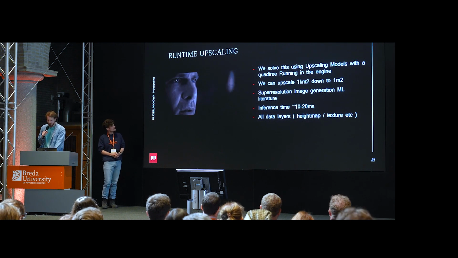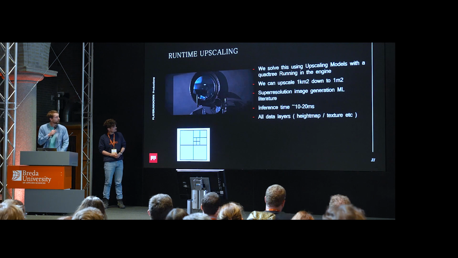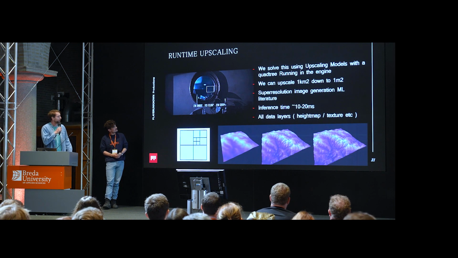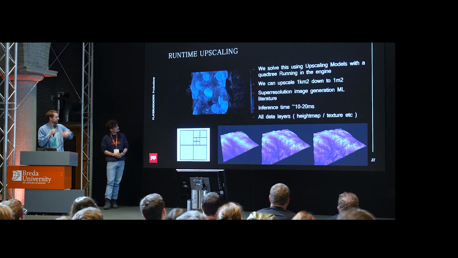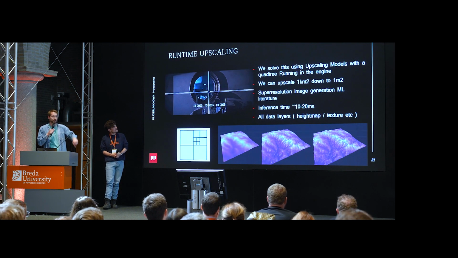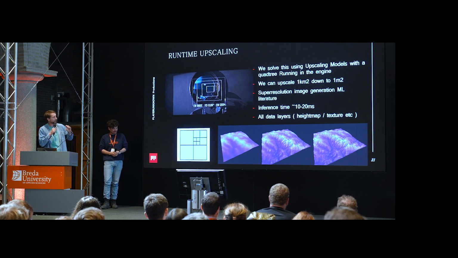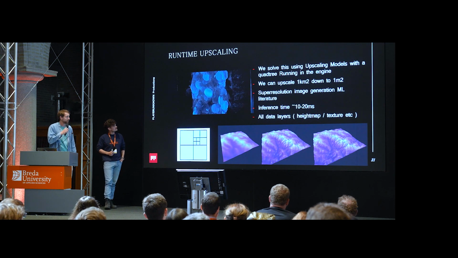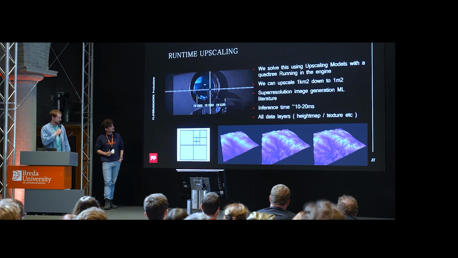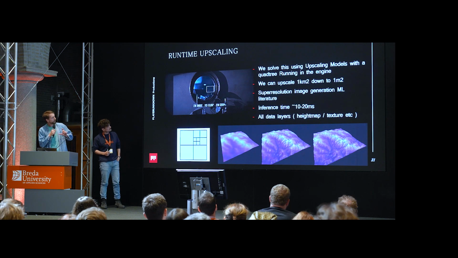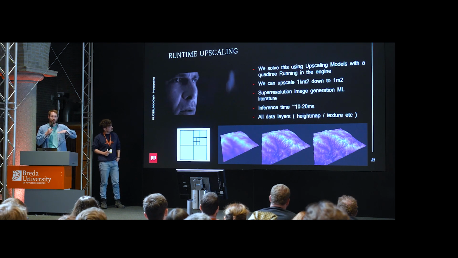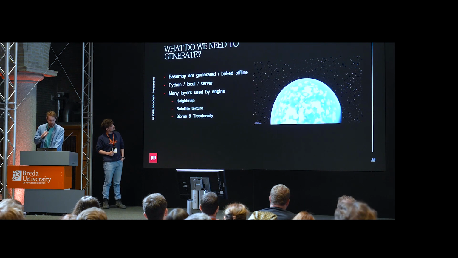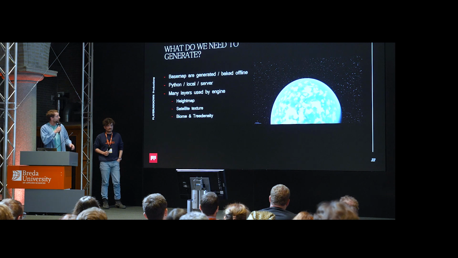So it is imagined in that sense. We use a combination of quad tree in the rendering system, plus this upscaling model to go all the way down to the surface. So each time we split the tiles and go close to the surface and increase the resolution, it is increasing the resolution by 2 times. This is just following super resolution image generation literature in machine learning, standing on the shoulders of giants. And importantly, it's happening to all of our data layers which make up our base data structure, which is height map and texture and other information.